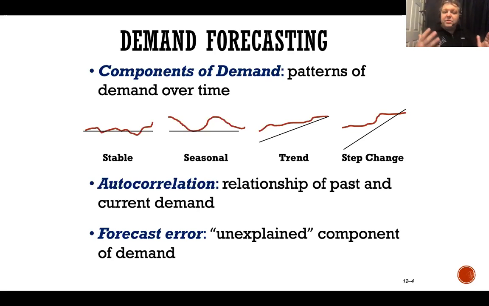Now, when we're looking at forecasting, we want to be sure about something called autocorrelation, which is the relationship between the current demand and a relationship with the past. Something happened that's influencing both. Usually, current demand is being influenced by information of the past, something that's happened in the past. For example, right now, we are seeing an increase in store candy. Halloween just came and went. We just finished Halloween. Candy wasn't nearly as important or as big this year as it has been in the past. Why? Because fewer houses participated in Halloween.